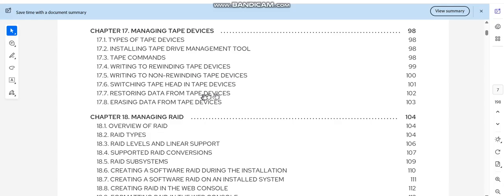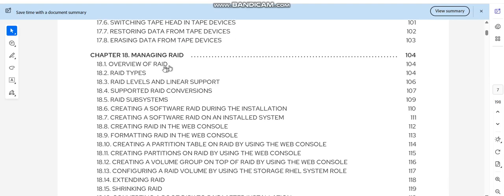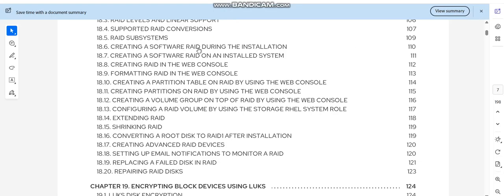restoring data from tape devices, erasing data from tape devices, managing RAID, overview of RAID types, RAID levels and linear support, supported RAID conversions, RAID subsystems, creating a software RAID during the installation, creating a software RAID on an installed system, creating RAID in the web console, formatting RAID in the web console, creating a partition table on RAID by using the web console,